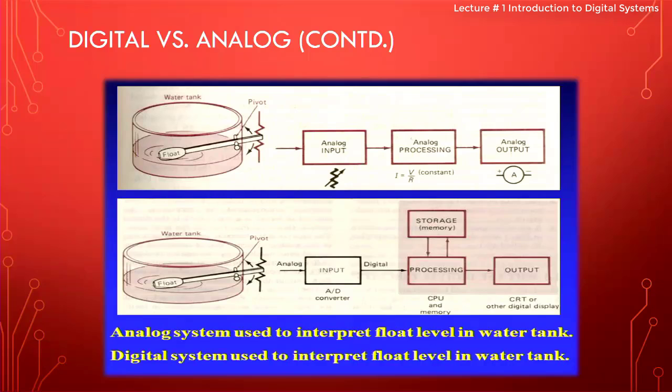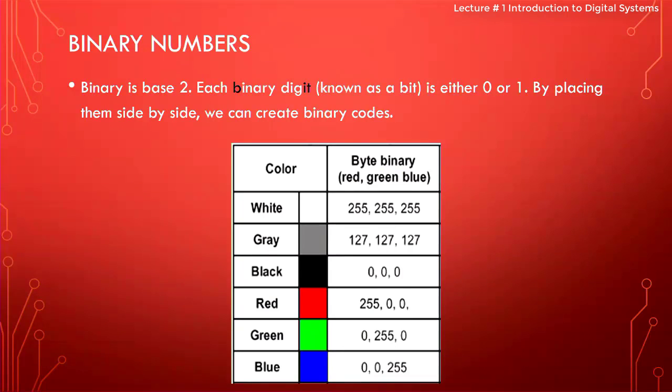Over here, it pretty much does the same thing. It is taking that analog input and applying Ohm's law here, and then converting that data. Say it was generating some 50 milliamps. 50 milliamps would correspond to 10001111 in an 8-bit system. The computer digital system takes that data, manipulates it, and calculates the flow in, flow out, and tells you a bunch of other things, and then displays onto the output, which could be a monitor or a 7-segment display, LCD screen, things like that. We'll do a bunch of examples in this course that will give you more idea about these things.